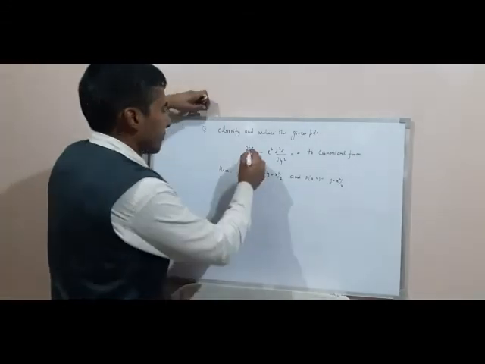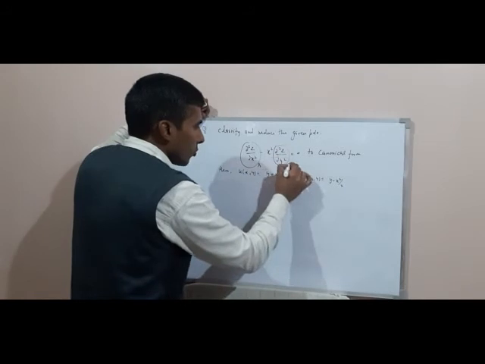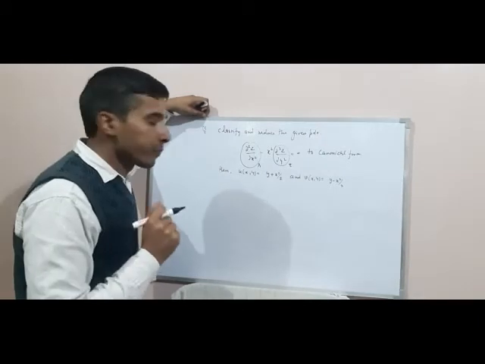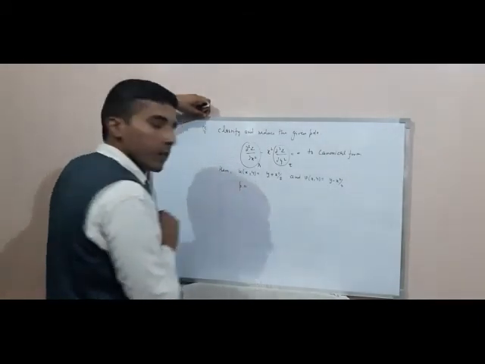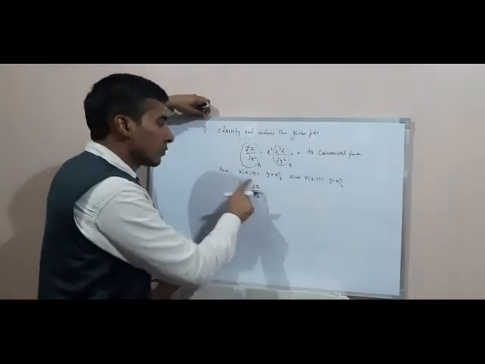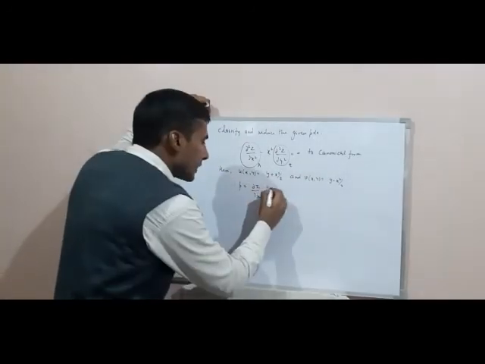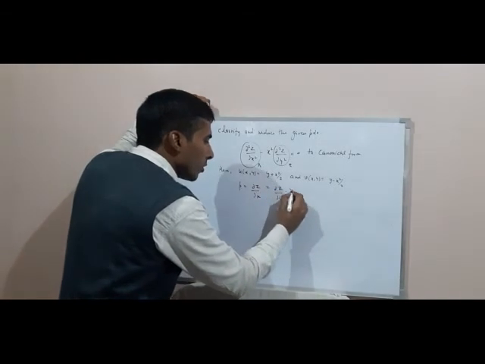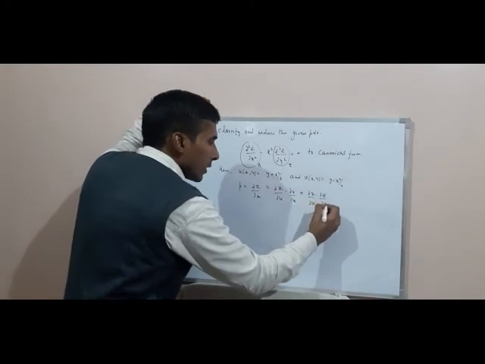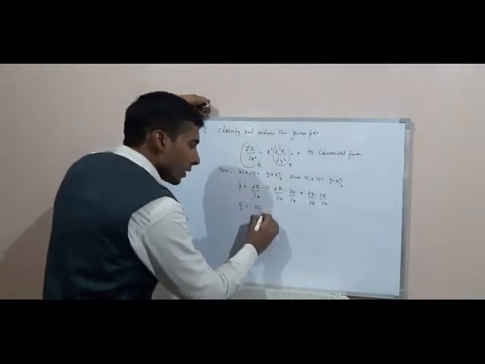So in the given equation, if we consider this as small r and this as small t, that means we have to find the values of small r and small t. For this, first of all we find the value of p, and p is nothing but ∂z/∂x. Z is a function of x and y, and when we transform this function z to u and v, we can rewrite it as ∂z/∂u · ∂u/∂x + ∂z/∂v · ∂v/∂x. In a similar manner, q is ∂z/∂y.